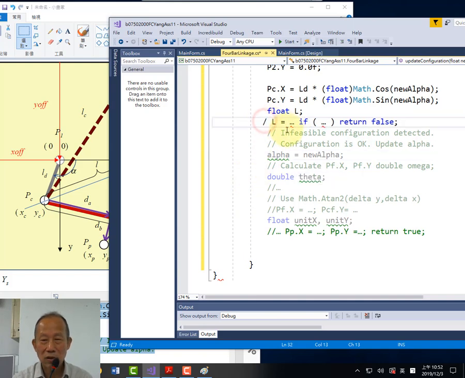So you need to keep it out. So invisible configuration detected. Configuration is okay. Invisible configuration detected if